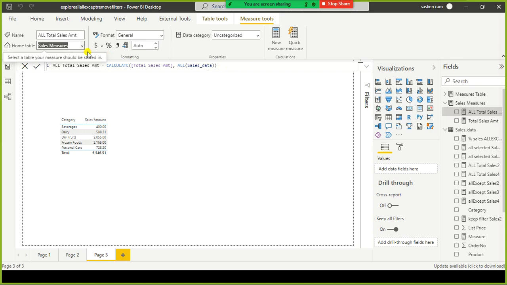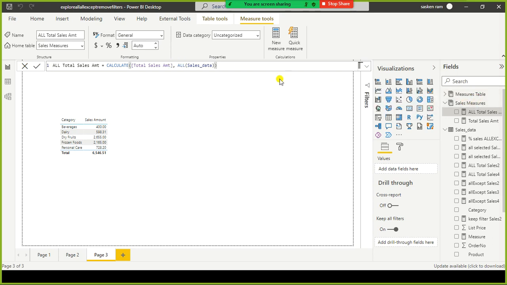Now I selected, from the Home tab, the sales measures table. So now I moved this measure from my sales data to this one, so that all the measures we created will be available in the sales measures table. In a single place, if you want to refer to all the measures you created at a later point in time, it is pretty helpful. So now we have created this as well.